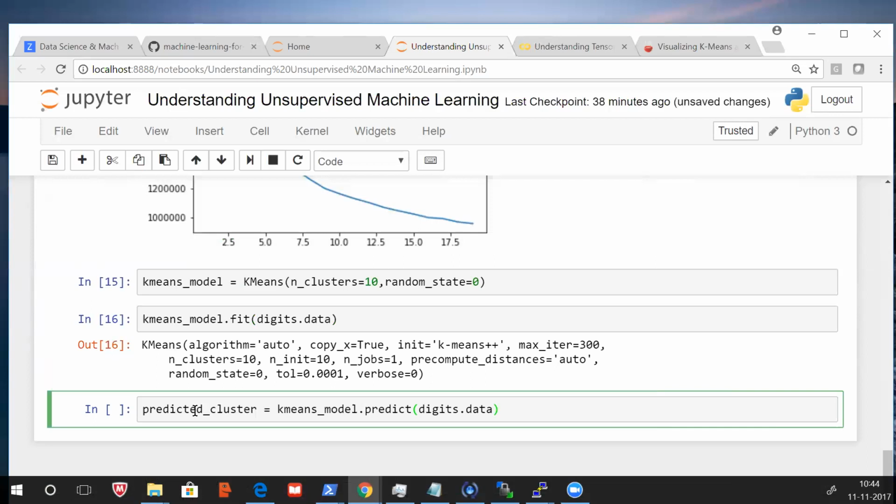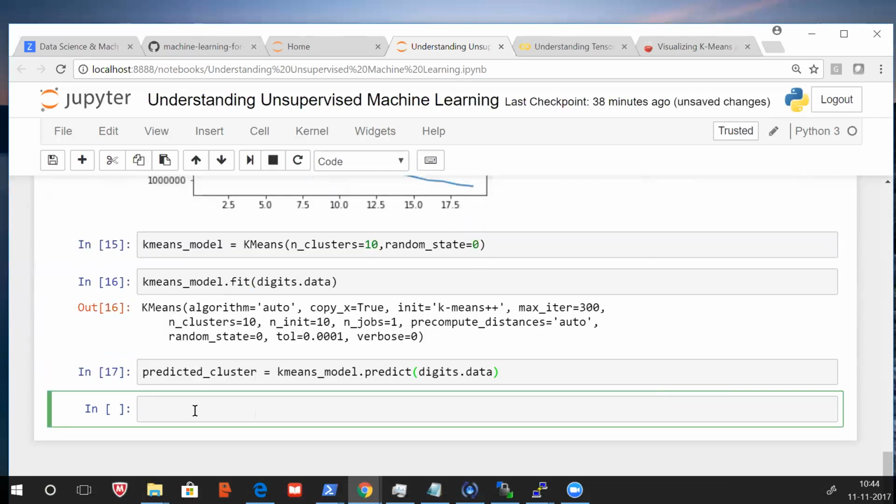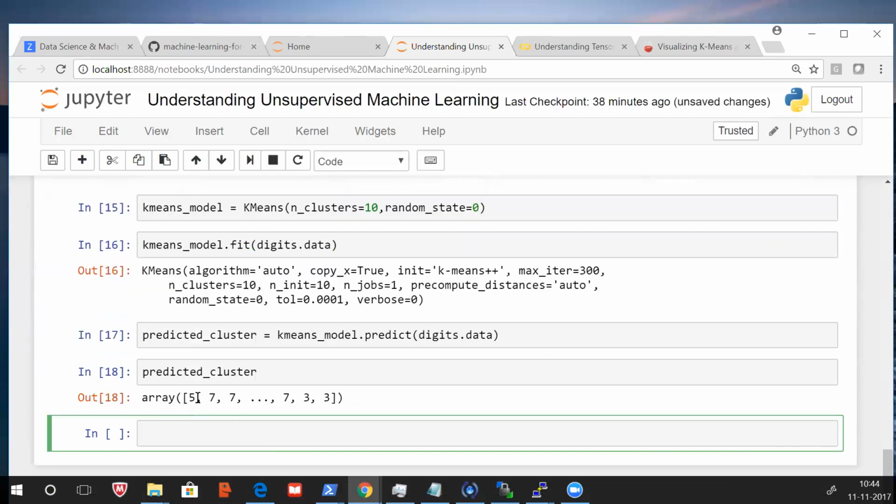So you have this predicted output. What is this output? Remember, the output will be the cluster number. This is not the value. This is the cluster number, because it has nothing to do with the value, isn't it? Clear, right? So you can see the first data is classified into cluster number 5.